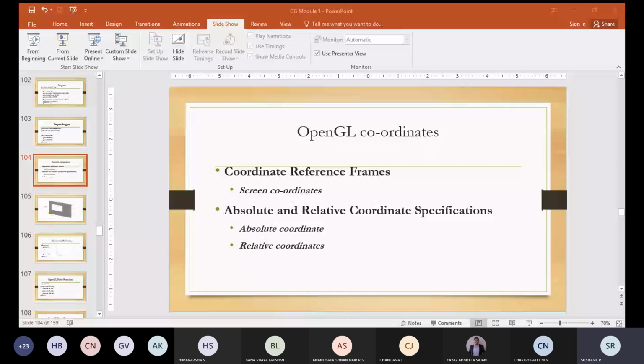We can also specify other attributes for these points, like you can set the size also. But by default, this OpenGL point function will be displayed with default size and default color. So whatever is the default size and color, that will be displayed, but you can change the color as well as the size. So what is the default color? The default color will be white, and the default pixel size will be the size of a single screen pixel.